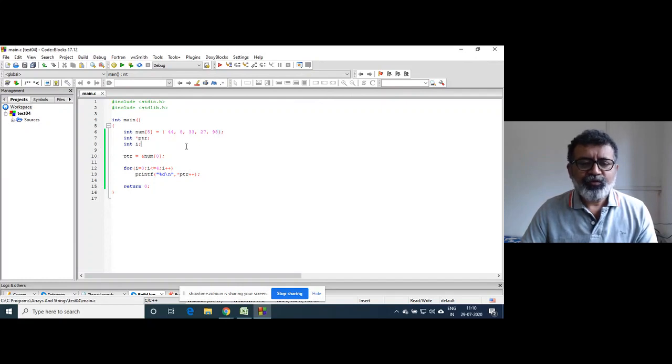So what does it do? Listen to this carefully. This is the concept which is required for understanding a lot of concepts in C++, right? A very fundamental concept of an array.